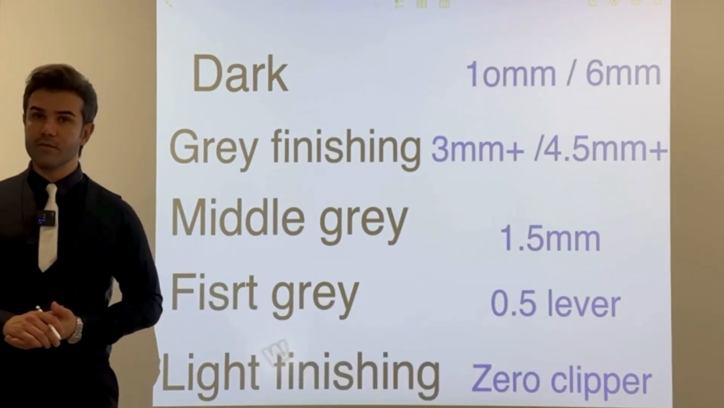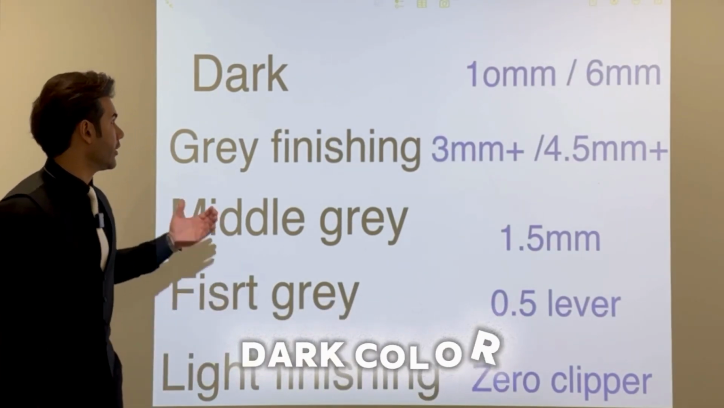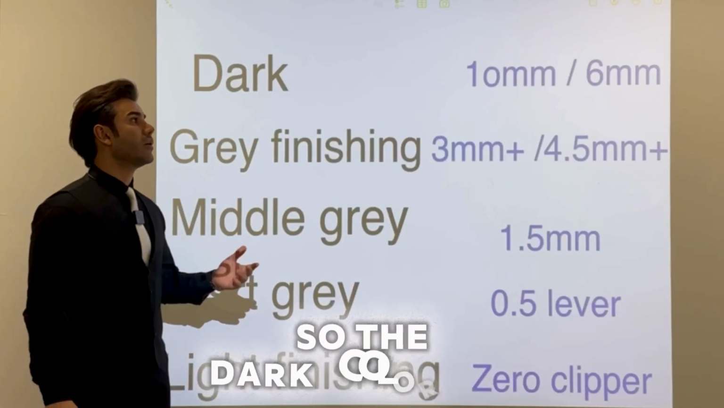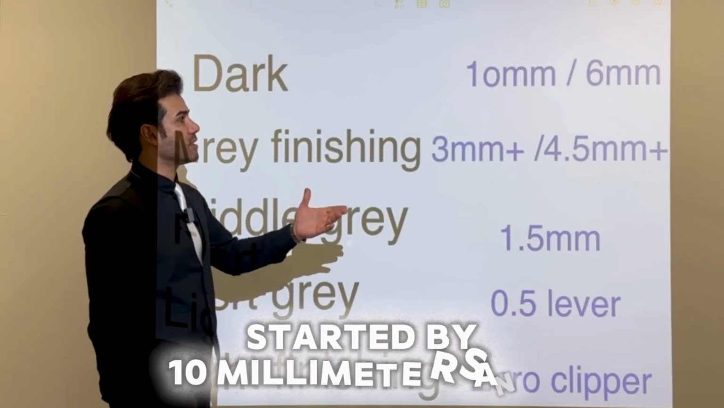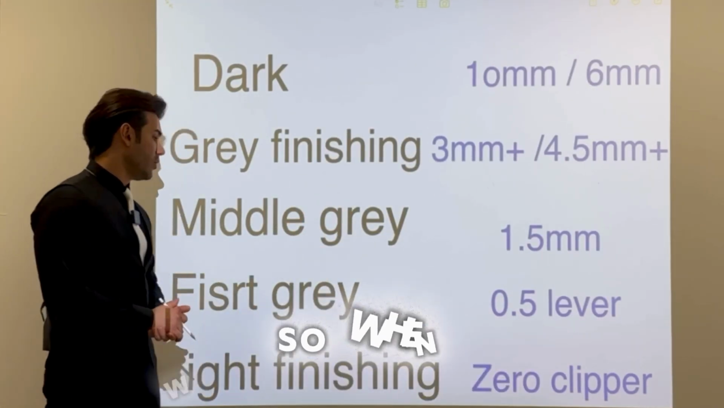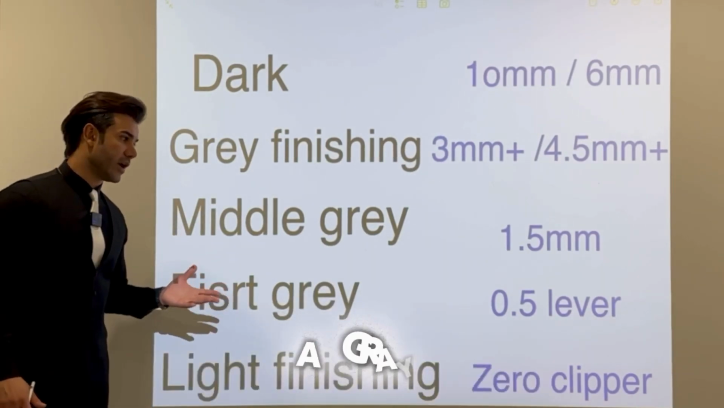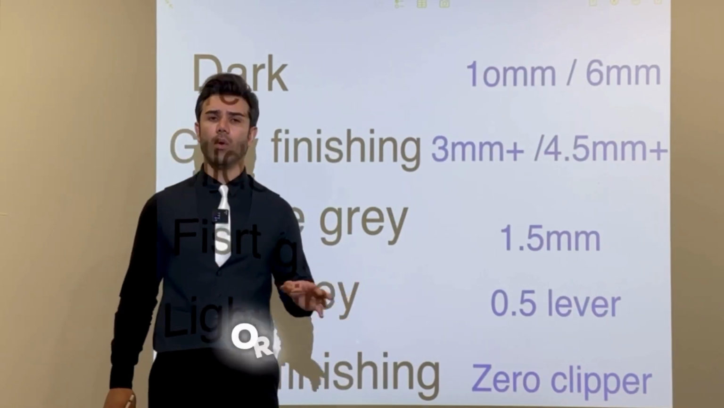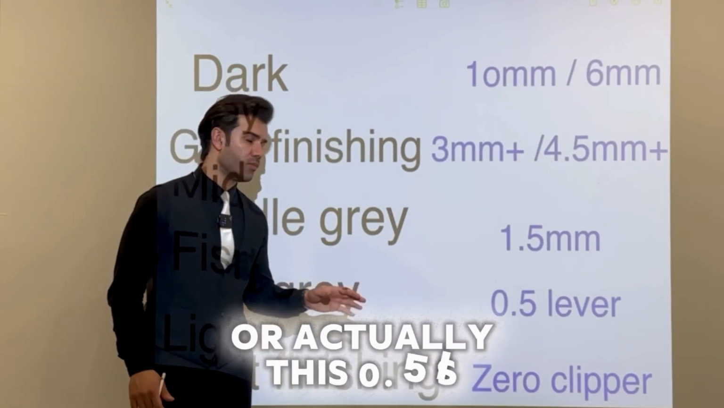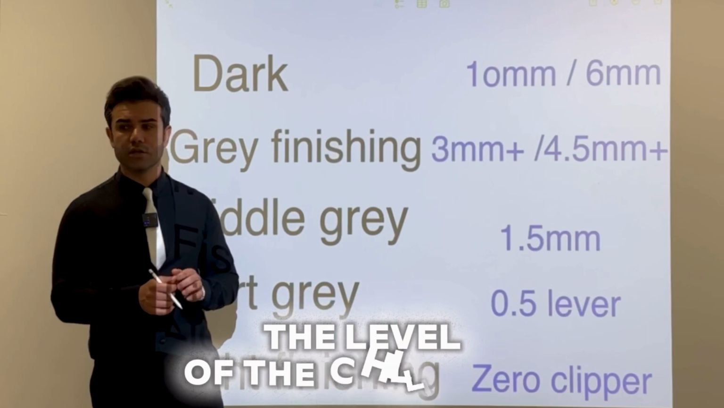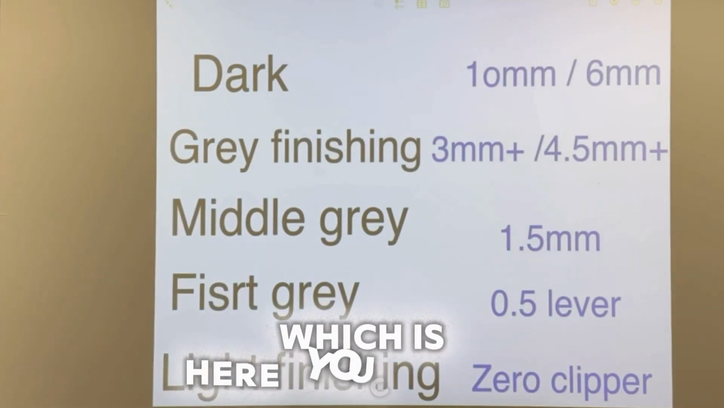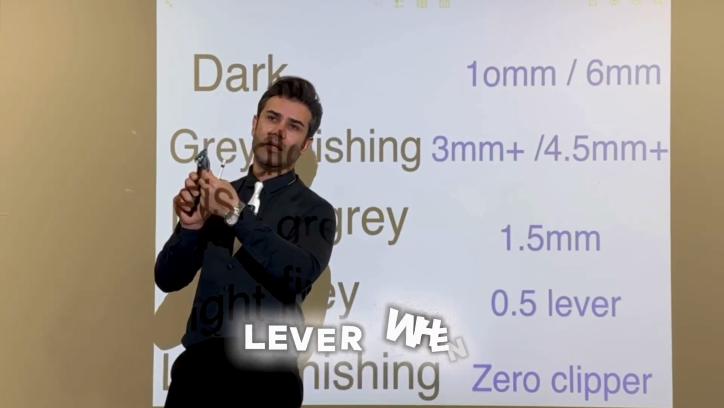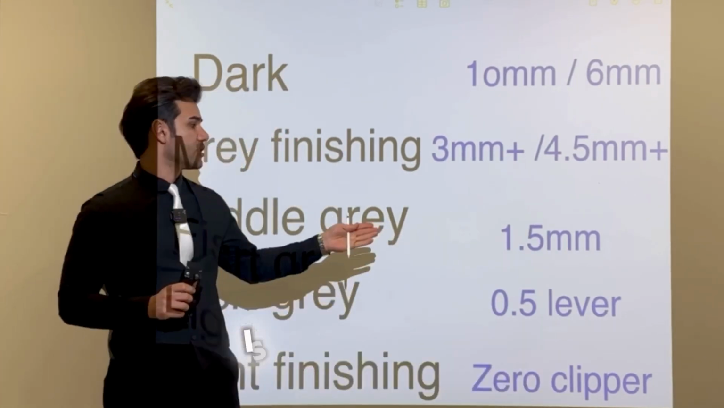Now I'm going to talk more about the fade. When we want to get any dark color, dark color means black or any colors, the dark colors start with 10 millimeters and 6 millimeters. When we need a gray, we have to go for 0.5, which is actually the level of the clipper, which is here. For example, when it's fully open, it creates